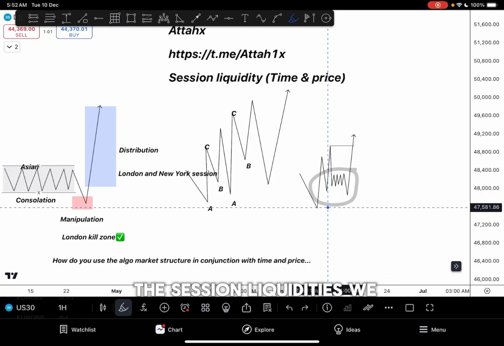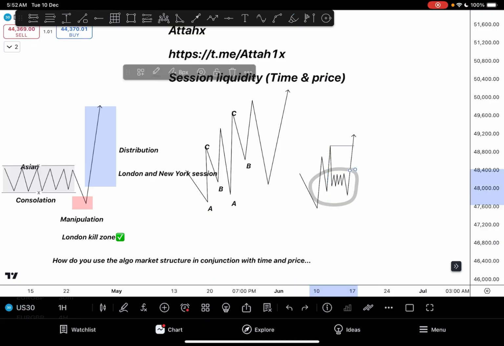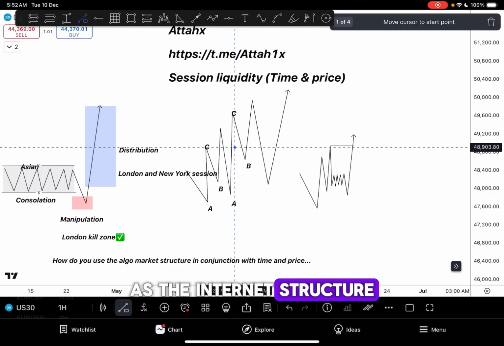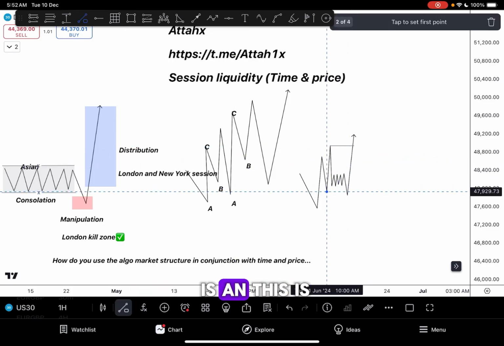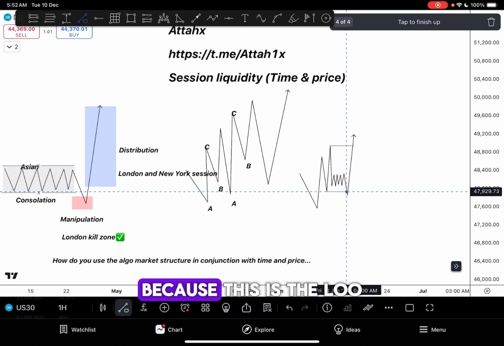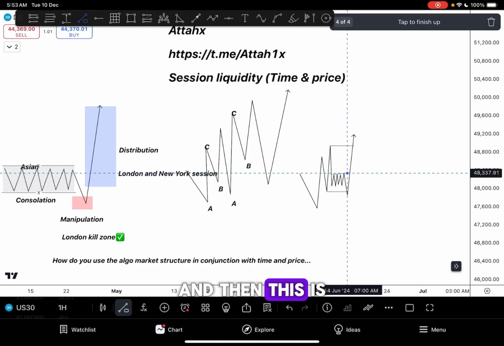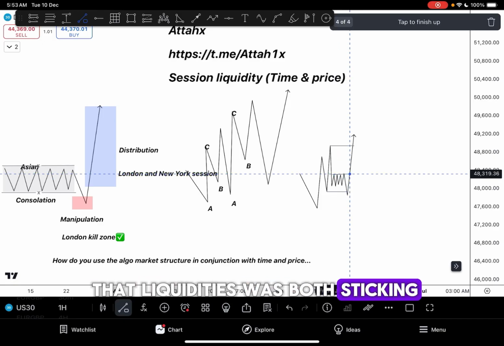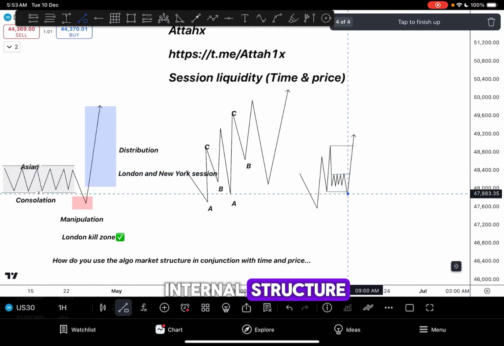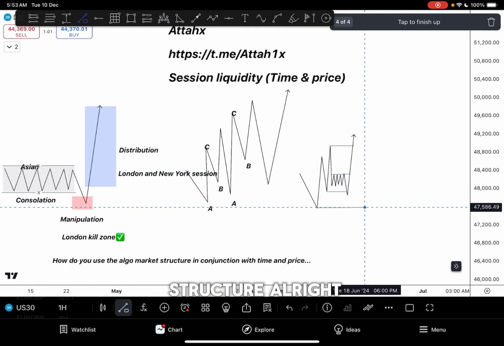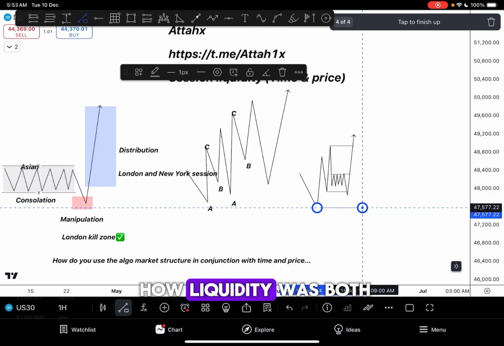And you can see how the session liquidities were used as the internal structure. You can see this is our internal structure, because this is the low formed inside the whole structure, and then this is our internal structure. So you can see that liquidity was taking both the highs and the lows in the internal structure. This is our external structure. All right, so you can see how liquidity was taking both the lower lows and the highs